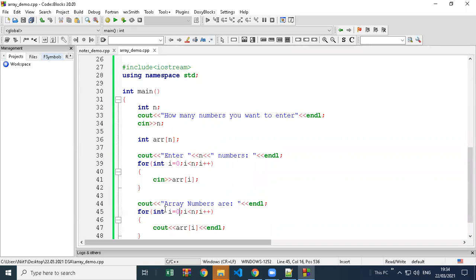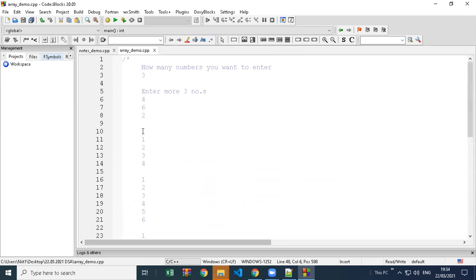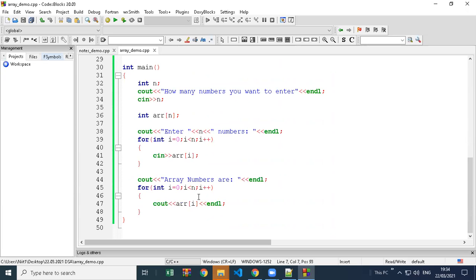Now the question comes, we are printing our array elements, like your array elements entered are 4, 6, 2, let's say. So the array elements are entered and printed also, but we don't want to print those numbers entered by the user as they are. We have to print 1 up to the first number, 1 up to the second number of the array, and 1 up to the last number. So for each number of our array we have to print 1 up to it. So how can you do that?